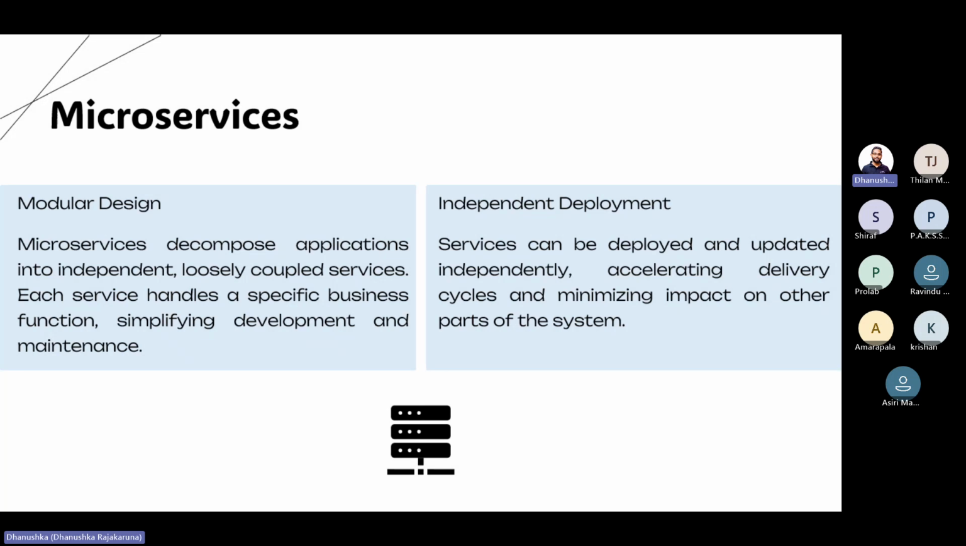Now we can talk about the modular design advantages. What are the advantages that come under the modular design? Enhanced maintainability and team autonomy. Team autonomy means teams can focus on individual modules, fostering specialization and reducing coordination overheads. Okay, so reusability and flexibility of innovations will be the advantages with modular design and the independent